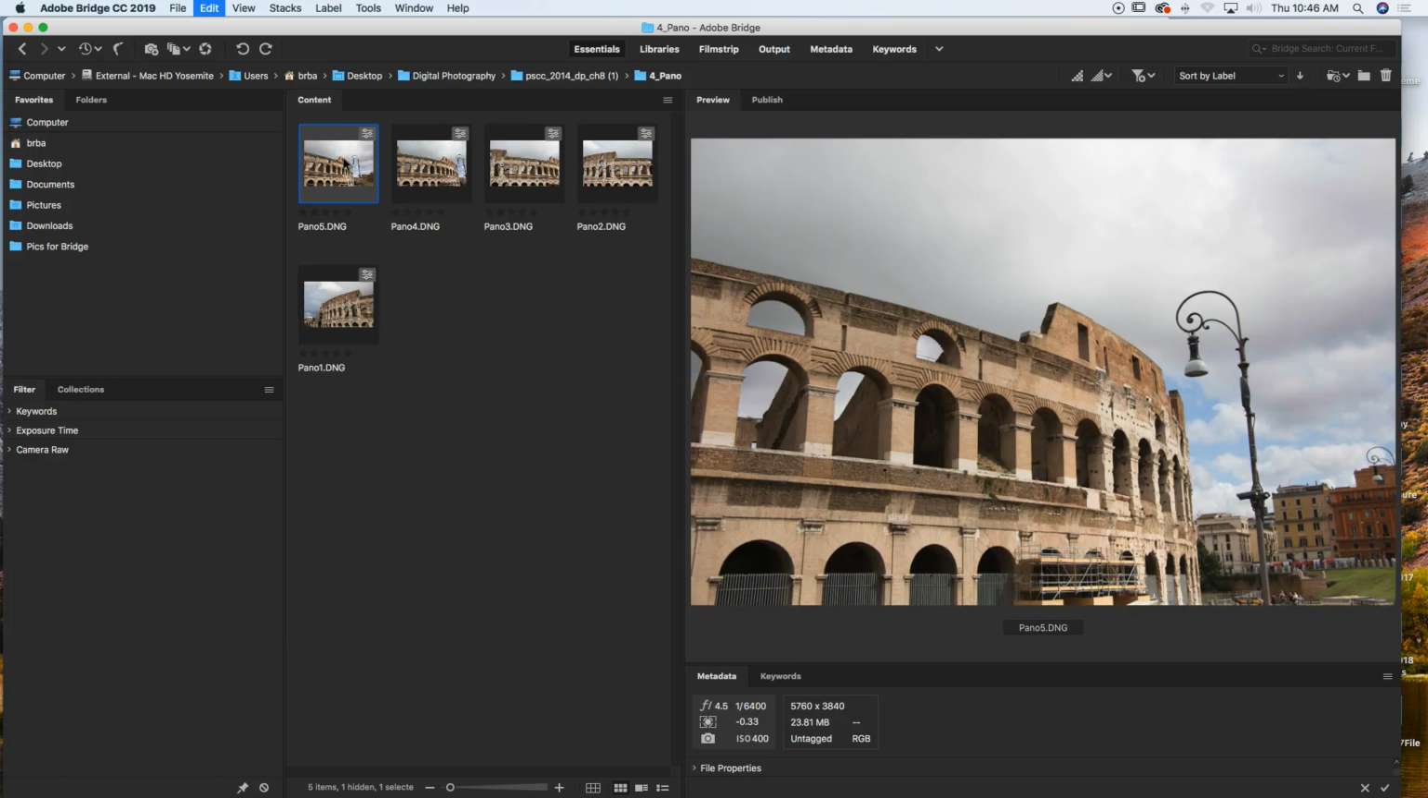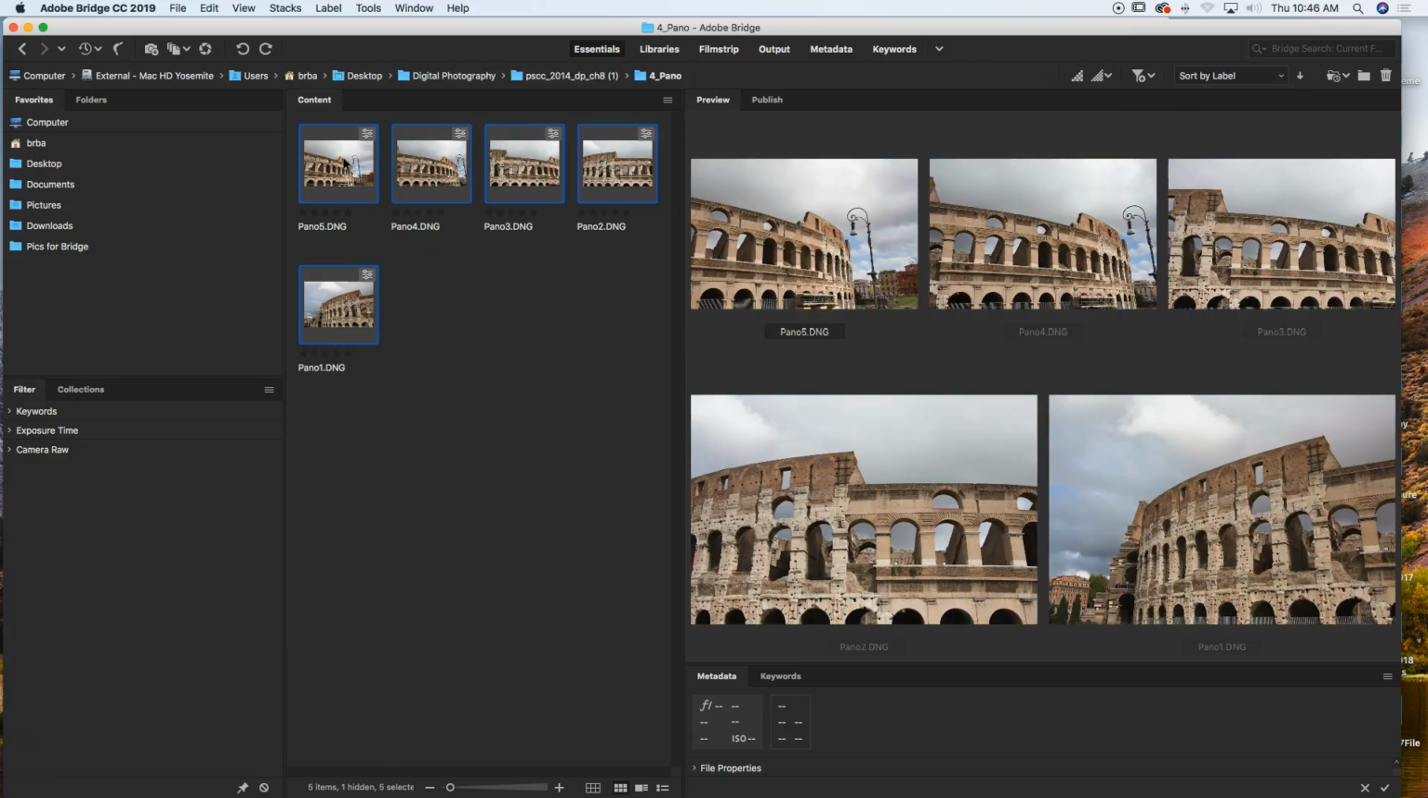Okay, in Bridge, Command A to select all of them. Click on one and Command A or Shift click all of them, whatever you need to do. Get all 5 of them selected. And then under the Tools menu up here,